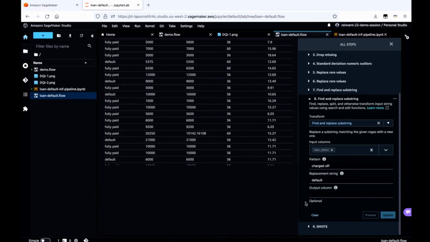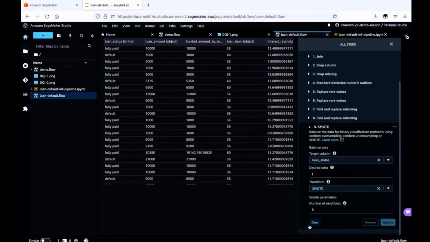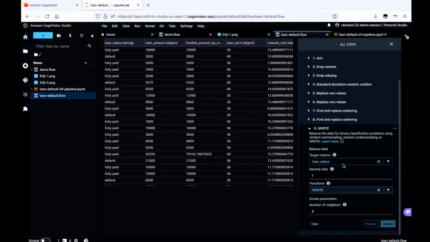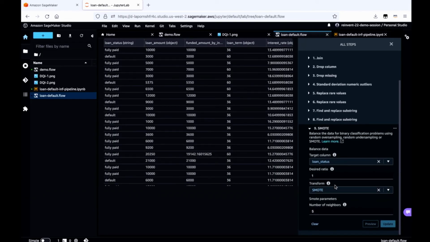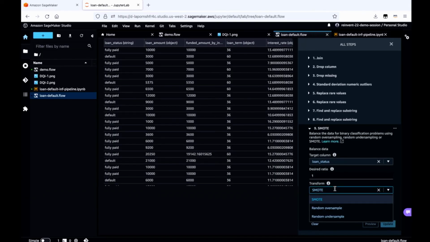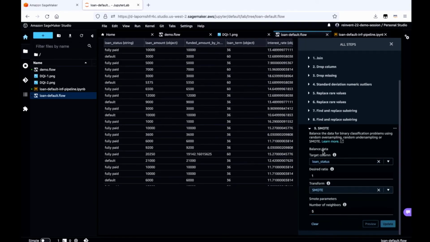In the end, we have 2 classes now, but they're still not balanced. So we want to do some sort of sampling here, stratified sampling, to balance out so that we have an evenly balanced class representation. In that case, we're going to apply SMOTE. This is an option where you can choose strategies to balance your data set. We have random oversampling, undersampling, and SMOTE. Right now, we have it supported for binary classification. Now, once that's done,